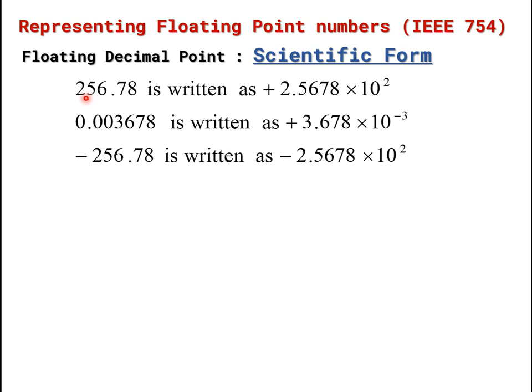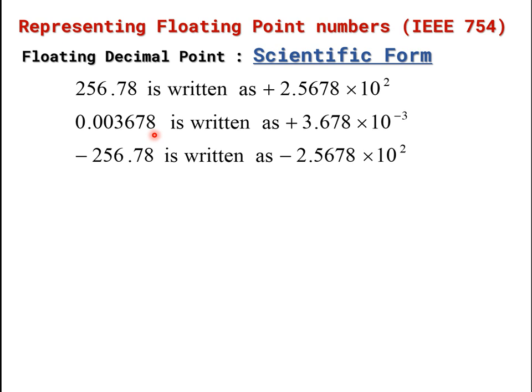It has to be next to one digit. And we moved two places, that's why we put 2 here. So that's why this number and this number are the same. It's very true. In this form, this is called scientific form. This is not scientific form. Let's check this number,